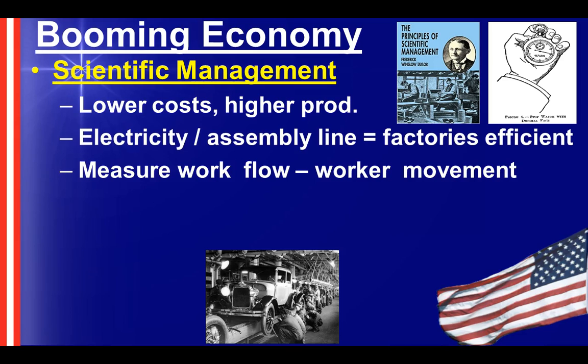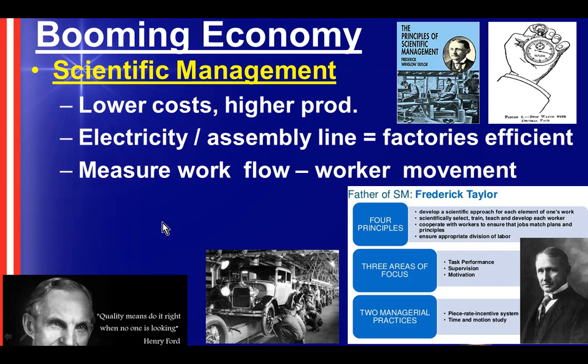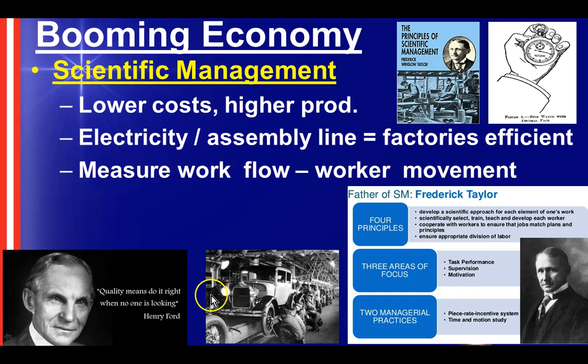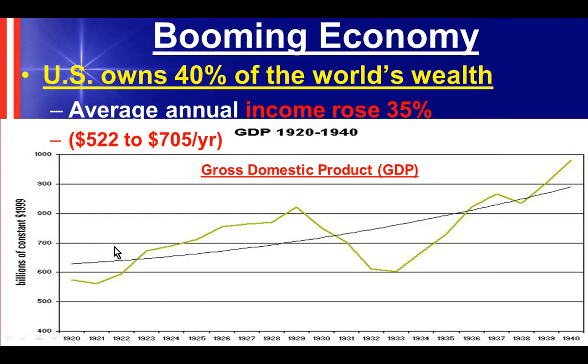Our booming economy is due to multiple factors here. We'll review here at the end. Scientific management, which was written by a guy by the name of Frederick Taylor. A book written about that said that we need to look for efficiency in how we produce things to lower costs, increase production, and it really comes down to measuring exactly down to the millisecond as much as possible the process in which things are being made and how fast or how slow they're being made to try and keep that cost and that labor cost down. And Henry Ford in his assembly line is the best example of it, but it's being utilized everywhere. And efficiency is what it's all about. And he had a big impact even to the present day on production of things.